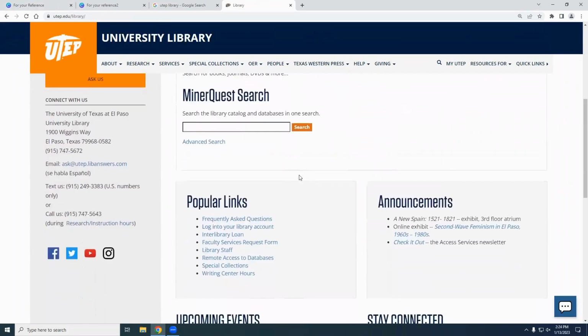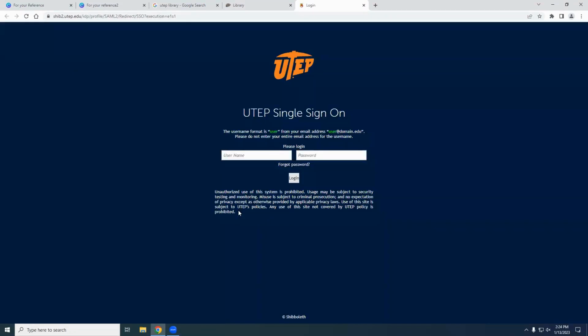You also want to have a library account, because library accounts will let you check out how many books you have and renew your books, because you don't want to be bringing your books in every time, do you? No. Especially if you're like me. When I was an undergrad, I had a senior thesis. I had 50 books checked out at a time. They were heavy. It was a thing. So you can just log into your library account.